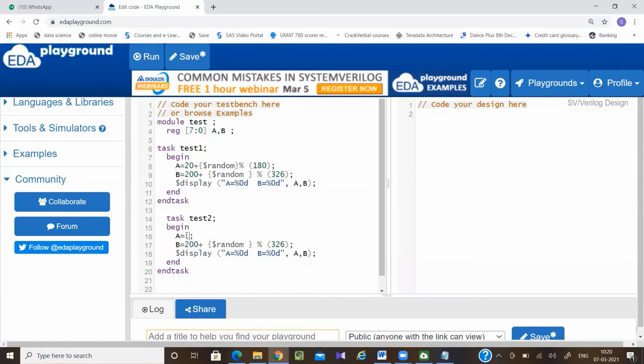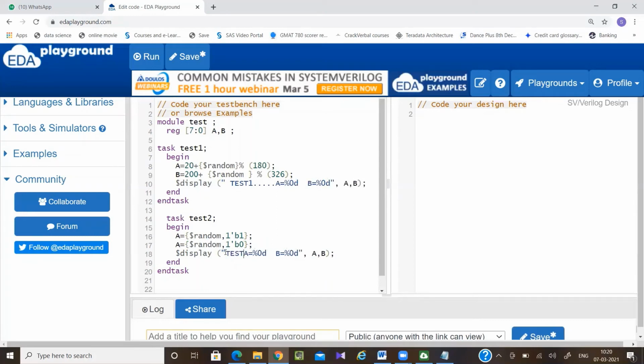So here A is an odd number. B is an even number. So here I can write test1.